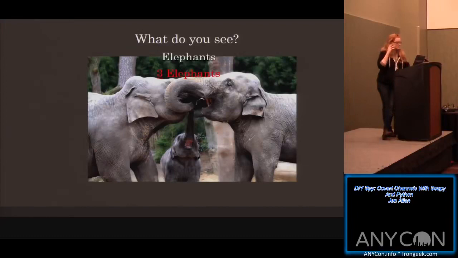There's more data here than we really recognize when we initially identify it, though. Our brains are trained to look at a picture like this and pick out key gestalts, right? We're saying, whoa, there's two elephants, there's a baby elephant, they're doing something, they're interacting. We begin to relate to it, and we focus in on specific data within the image. So we see 3 elephants. There's another piece of data. If we were really drilling down, we'd say, whoa, that wasn't just elephants, that's 3 elephants. Furthermore, we can also identify that there's more data encoded in this picture. There's a juvenile and 2 adults. No tusks. So we can keep doing this.